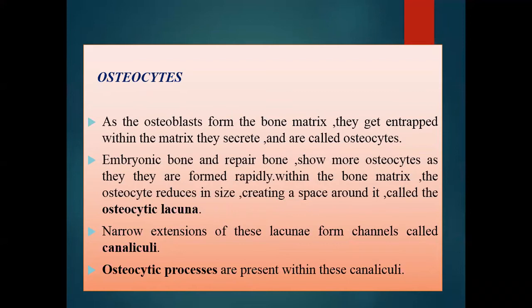So after the osteoblasts form the bone matrix, the osteoblast cells get entrapped within the bone. This type of osteoblast entrapped within the bone is called an osteocyte. This place acts as a lacuna. So when there is resorption or bone loss happening, these osteocytes will deliver the osteoblasts and the new bone gets formed.